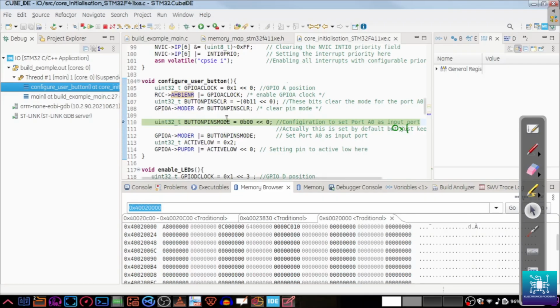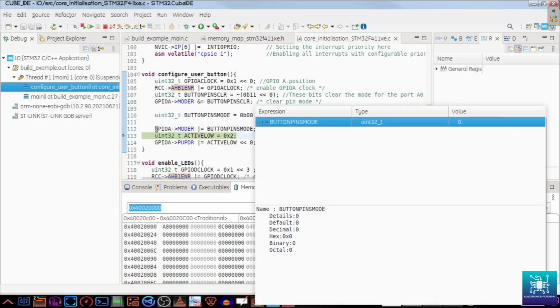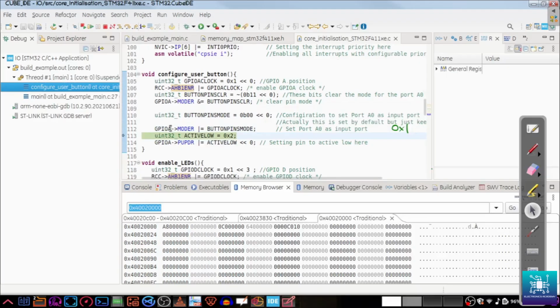Okay. Now, since the value is the same value by default, we don't see any changes here, but it is an input by default. So since we don't see the value, because it's 0 0 only for port A, and then we'll set this pin for active low. Now setting this pin for active low actually does nothing. Okay, we are doing it just for demonstration purposes. That is setting the active low register, okay, for a weak pull down,